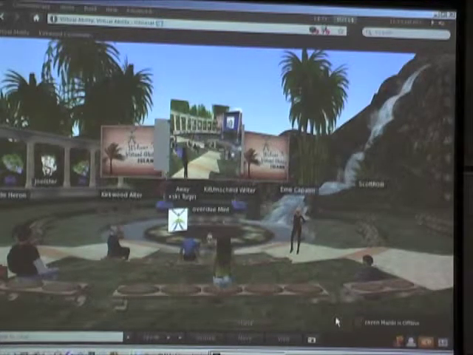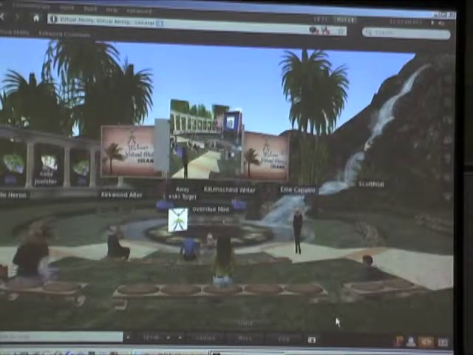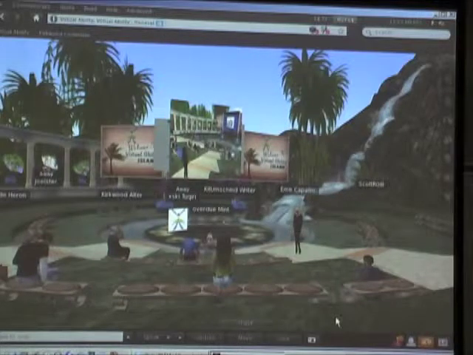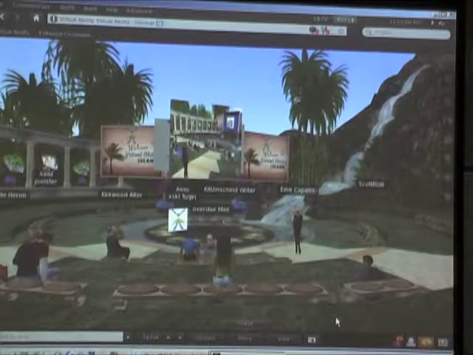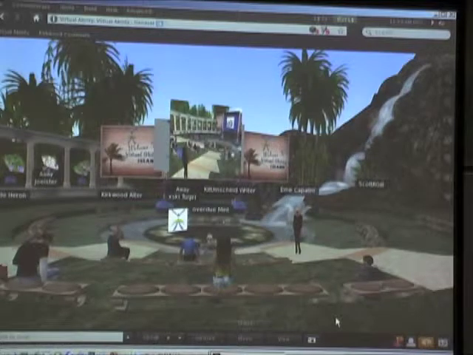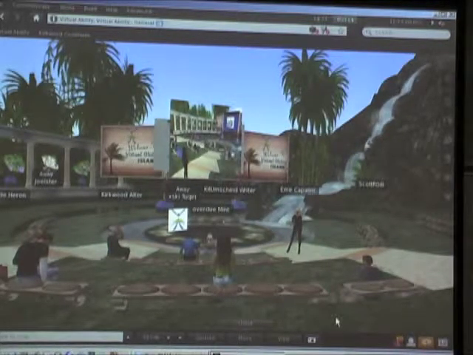We recommend that people come into Second Life through our website because it's a much safer environment for people coming in. The regular secondlife.com entrance into Second Life, everybody and their cousin is coming in through there. And frankly, some of the people are not very nice people. And so it isn't exactly the safest entrance into Second Life. From our community, you can go anywhere you want in Second Life.